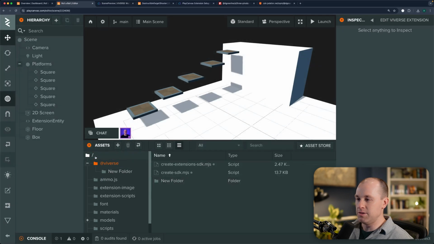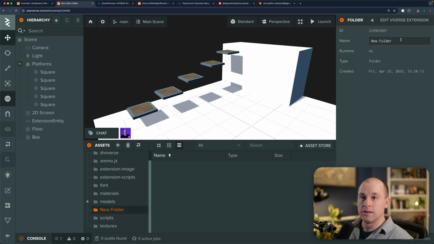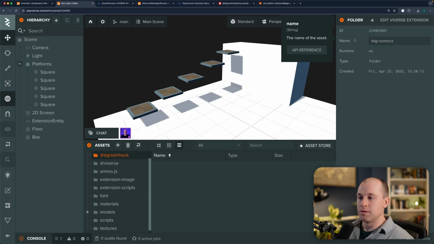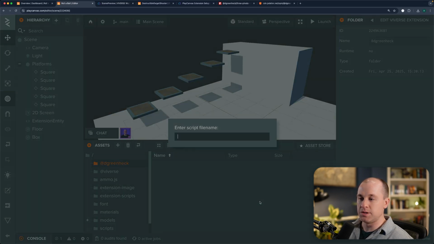And I want this at the root level. And I'm going to rename this to @dgreenheck. And then within here, I'm going to create a new script. And we're going to call this